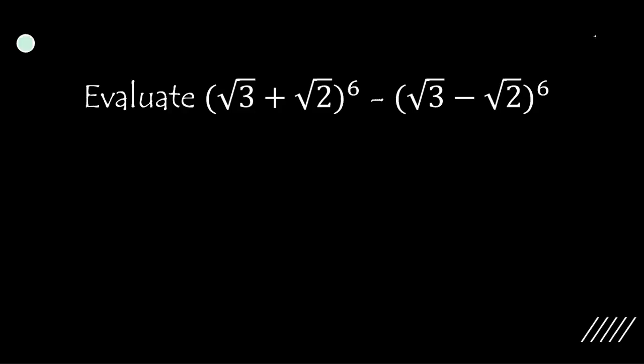So welcome back again, everyone. Evaluate this expansion, and there is a negative sign between these two expansions. So let's focus on the first one. Root 3 plus root 2 raised to the power 6 is the expansion. Because we have to expand it, we'll use the formula. So let me go to the next page. So the formula is